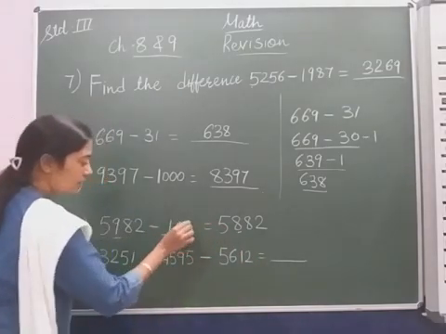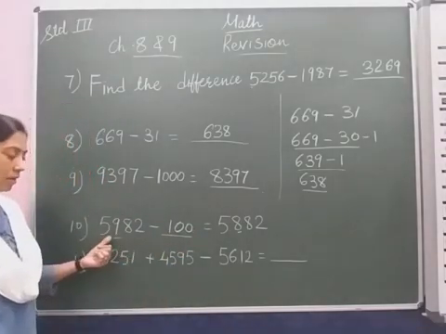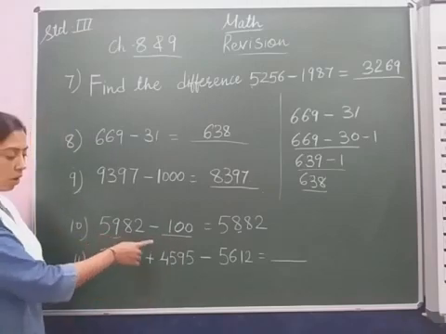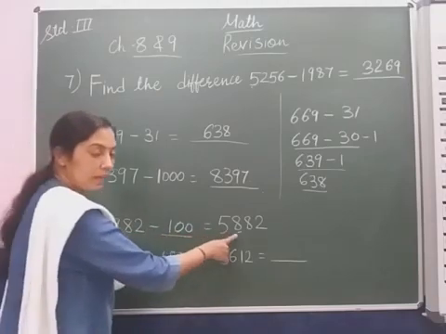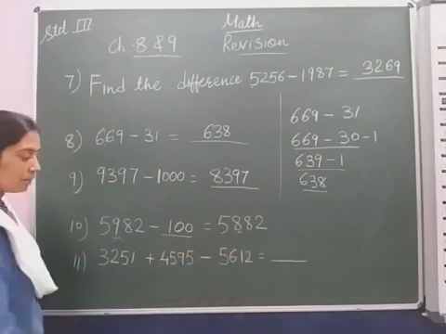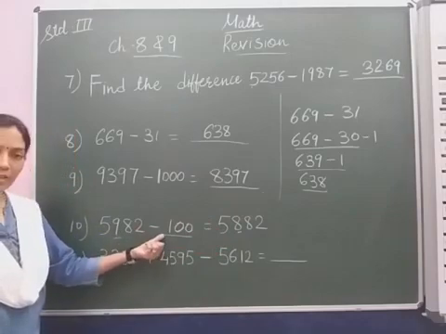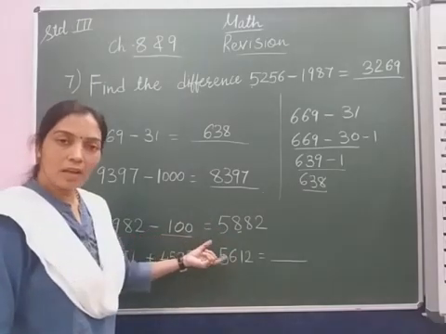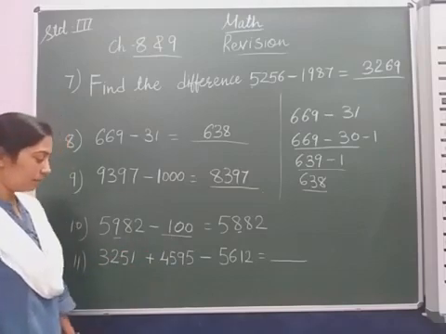So now you get it, it is minus 100. See now check this answer, 5982 minus 100. Minus 100 means on the 100 place we subtract 1. So 9 minus 1, we get the remaining number 8. So 5882, the other places we put the same, and the 1000 place is not mentioned, so we put it the same. So we get the difference only by 100. So we write here 100 in the blank.